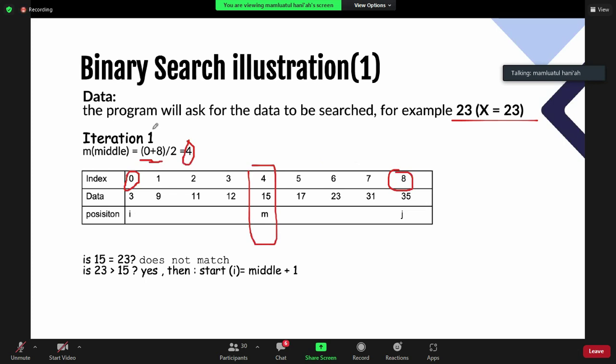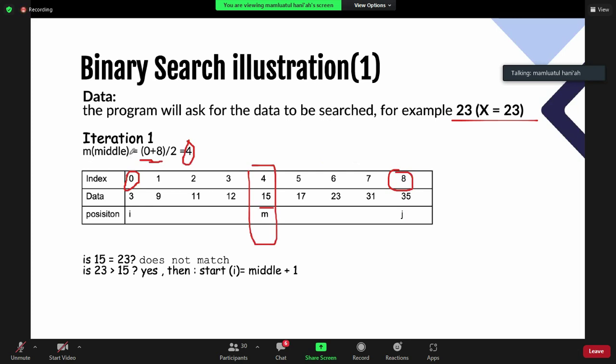You compare 23 with 15, yeah. Is this a match or not? Is 15 a match with 23? This is true or false? False, so it does not match.